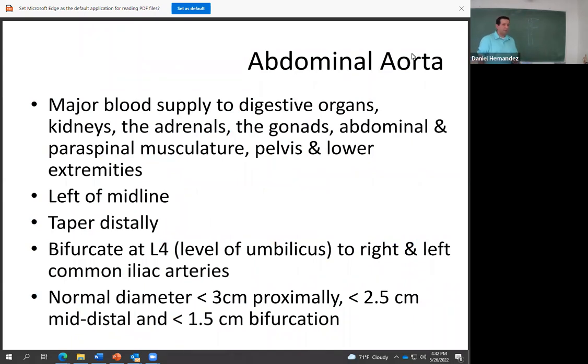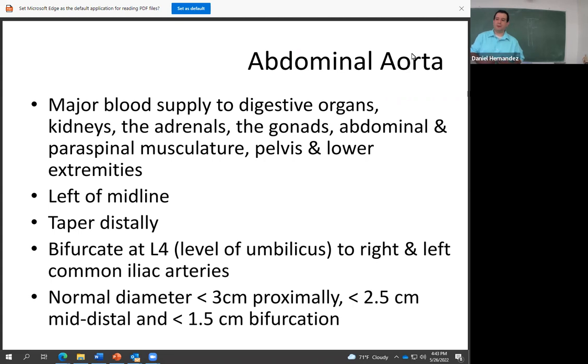So talking specifically about the abdominal aorta, this is the major supply of blood to the digestive organs, kidneys, adrenal glands, gonads, abdominal and perispinal musculature, the pelvis, as well as the lower extremities. So this brings blood flow basically to all the organs of the abdomen,